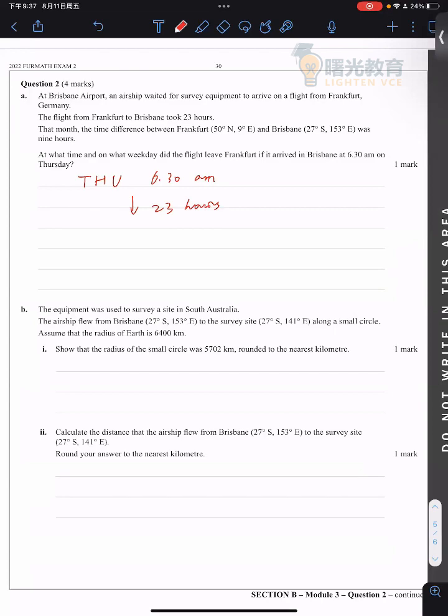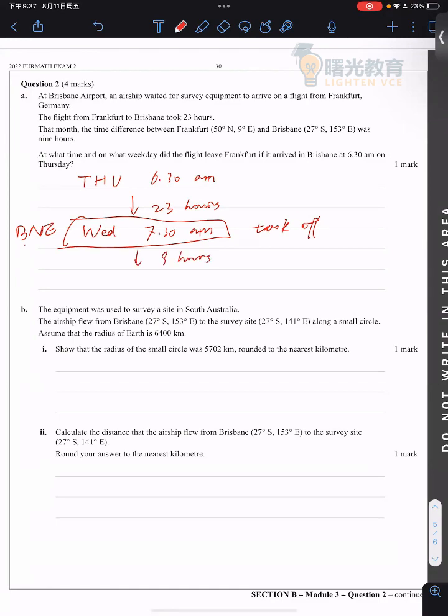So on the Brisbane local time, Wednesday, 7:30 a.m. is the time of takeoff. All right, that is the time of takeoff. And this time is the Brisbane local time. We need to count back 9 hours as the time difference, all right? So let's count back 9 hours,